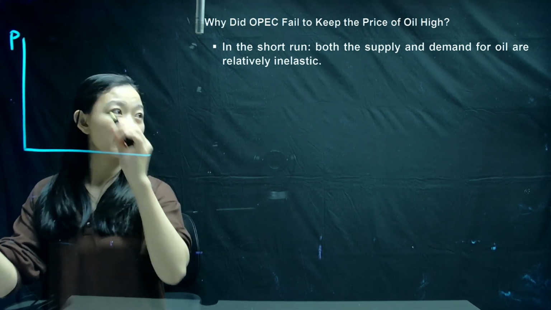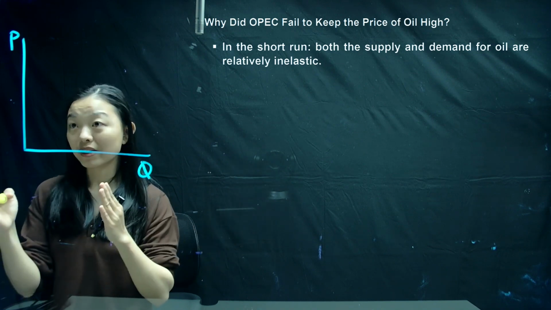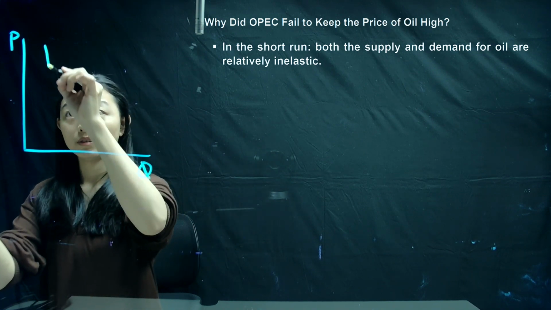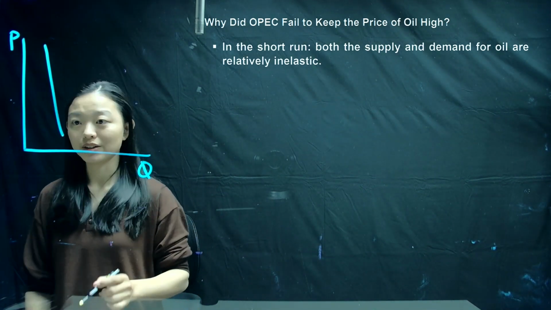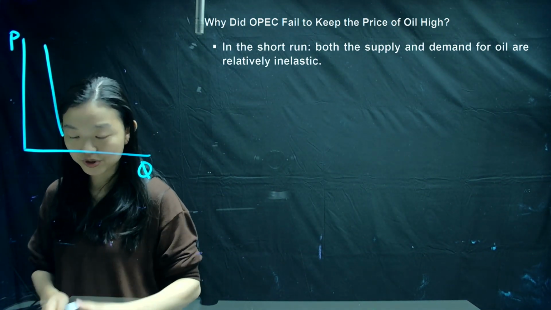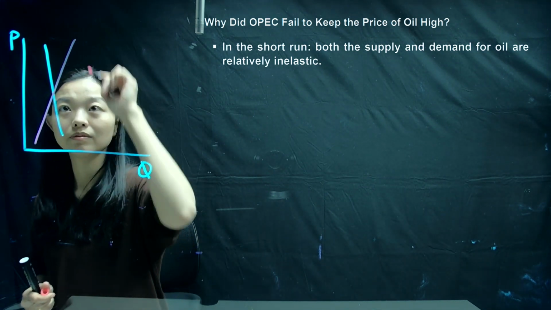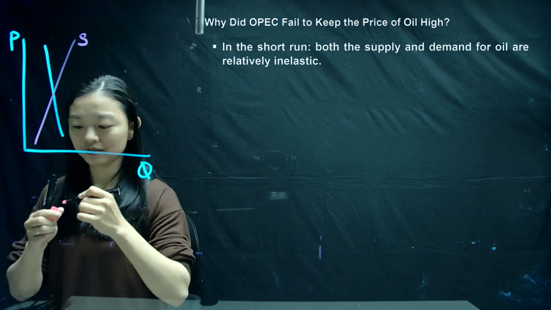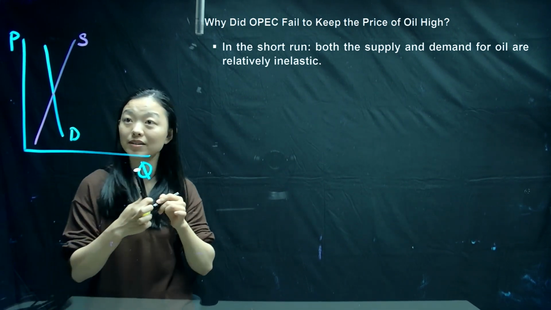If I treat this as the price and this as the quantity, if it's inelastic, then the demand curve should be really steep, right? And how about the supply curve? The supply curve is also steep. So this is the supply curve and this is the demand curve, because in the short run they are relatively